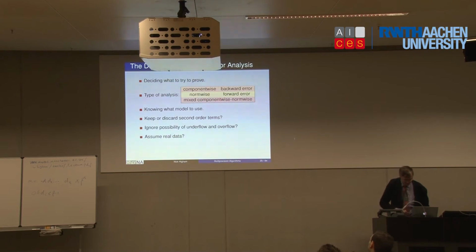So rounding error analysis. I've done quite a bit of it myself over the years. I think the hard thing is, as I say, deciding what it is you're trying to prove, what the line of attack is. If you can get that right, actually doing the analysis need not be all that hard. So I'd certainly encourage it if it's appropriate. And if you do manage to do analysis, people will probably be impressed because they think it's hard. They might not realise it's actually quite easy.